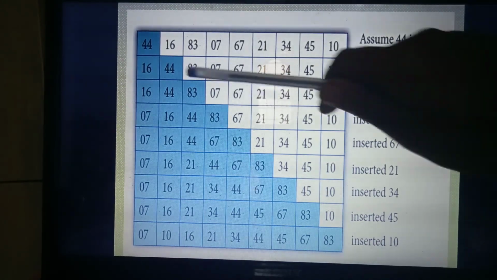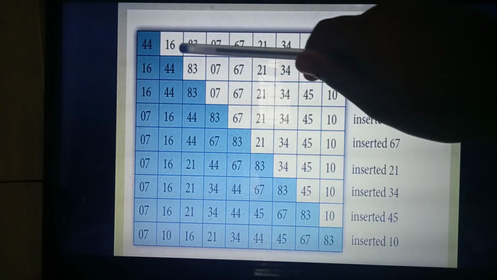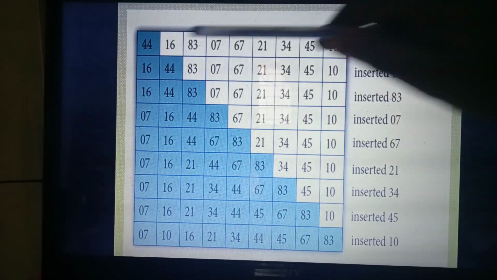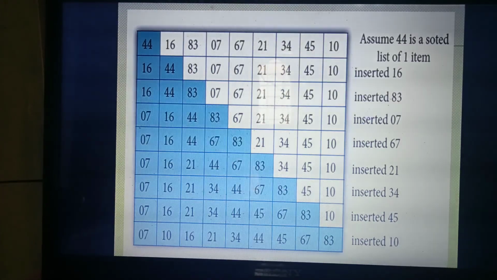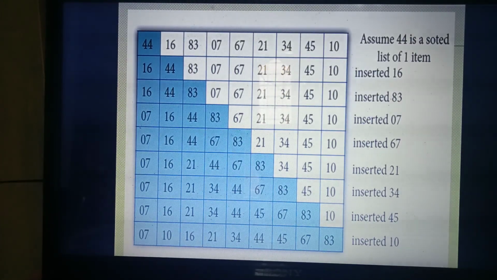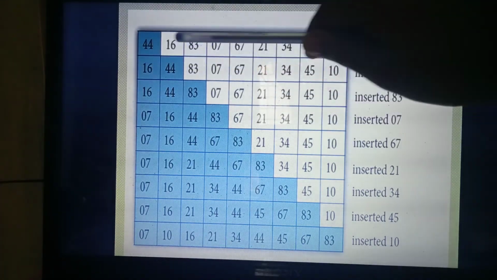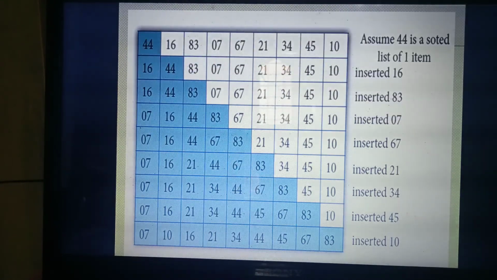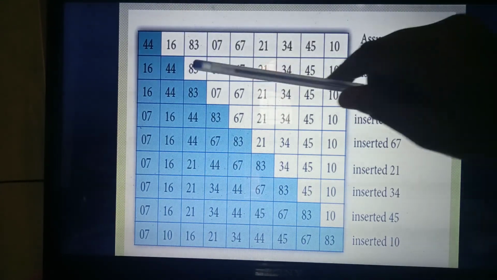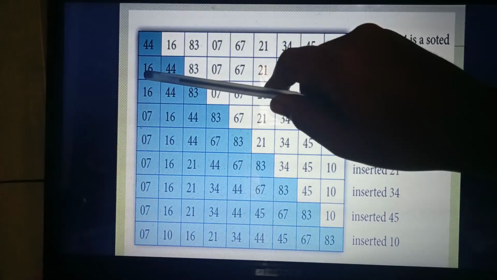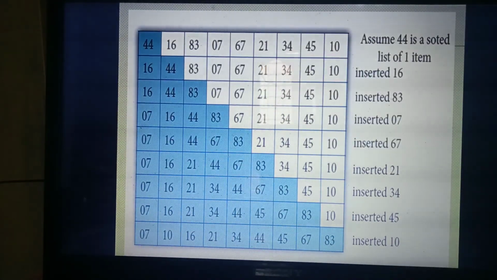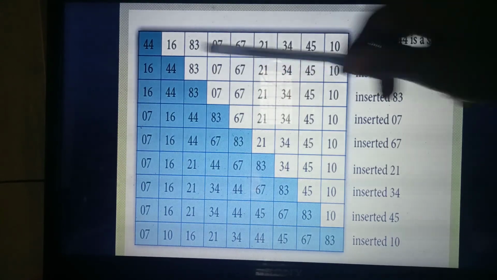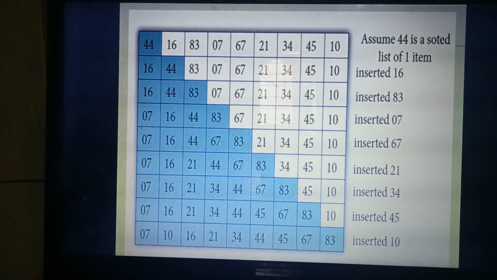Second step. Compare the next two elements, 16 and 44. Compare these two. Which one is smallest? 16. So which one needs to become first, 16 or 44? Understand? Compare these two elements. The smallest element needs to come to this side, and shift the greater element. The smallest element 16 needs to come at the first. 44 needs to shift to the next place. So in this place we inserted 16. Understand? Yes. Okay, second element over.